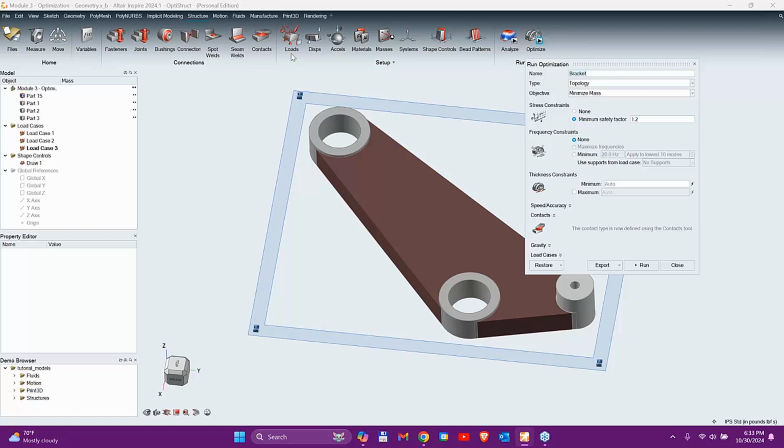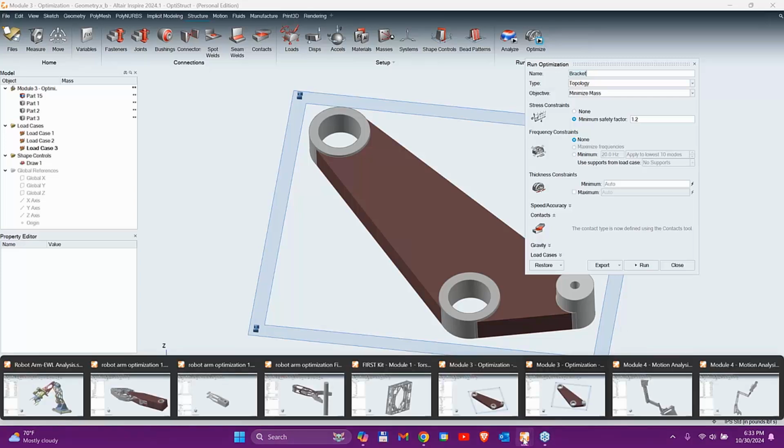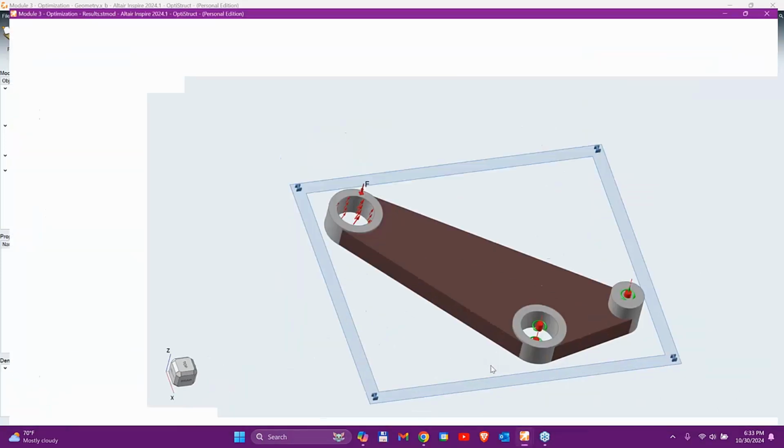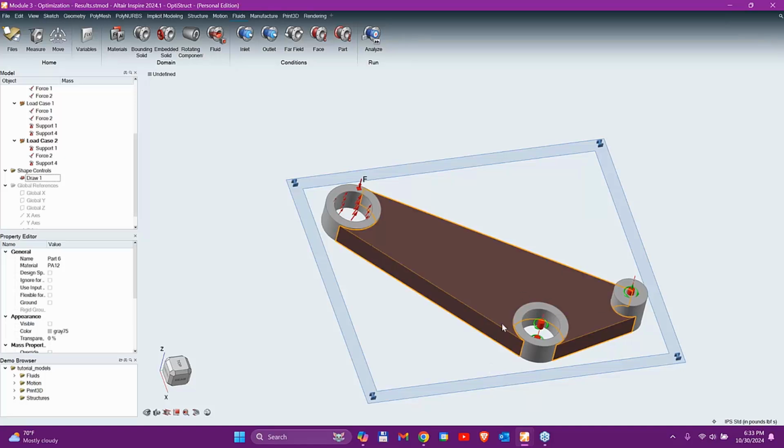If frequency is a concern to you, you can actually put frequency constraints on here. Thickness constraints can be added to dictate how thin or thick any of the remaining structural members can be. And then I would click run, and if I come here, this one right here, you can see we set it up in the same way. What we can do now, unlike